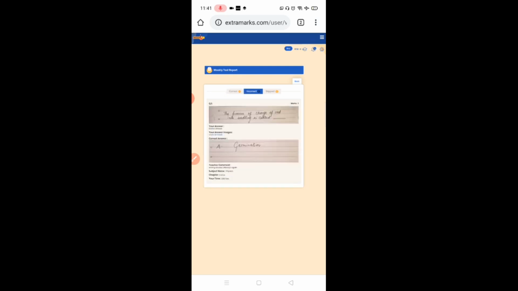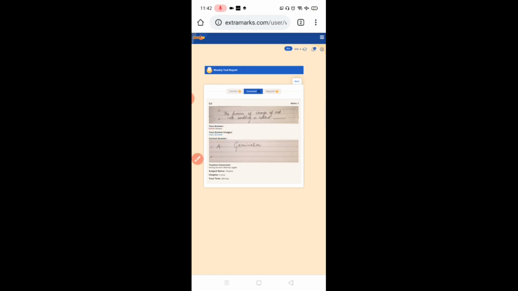I will just show you my subjective one. See, in the subjective one, this was the question which a teacher wrote and uploaded. Your answer which you have written in text format, can you see demo answer? Yes, so this is your answer which you have typed. If you have uploaded a picture, it will show you as view answer. Can you see a blue button here, view answer? This is the picture which you have uploaded.